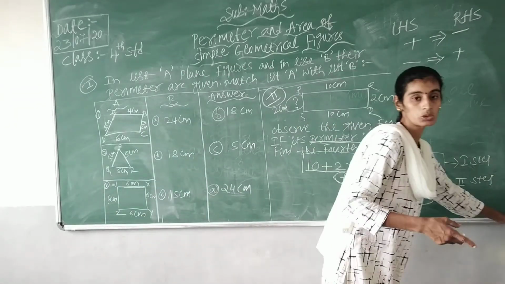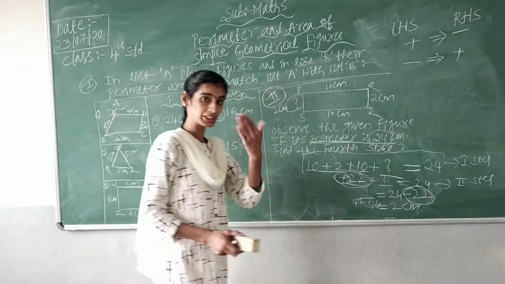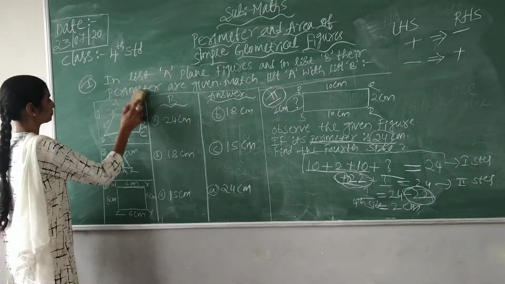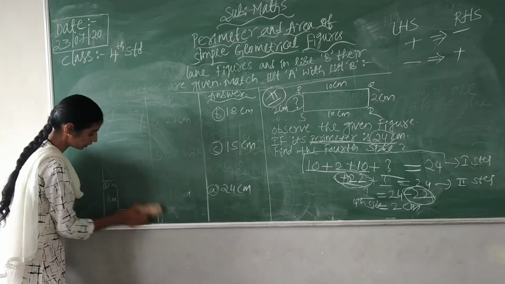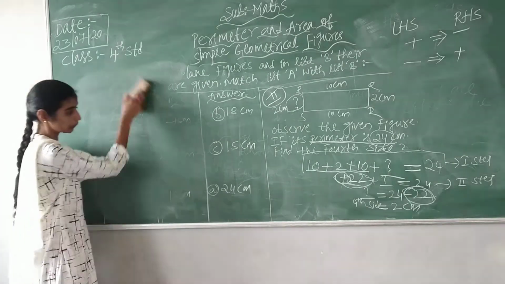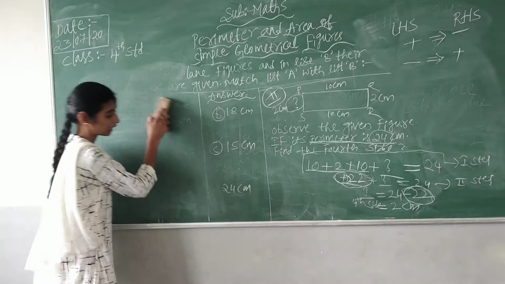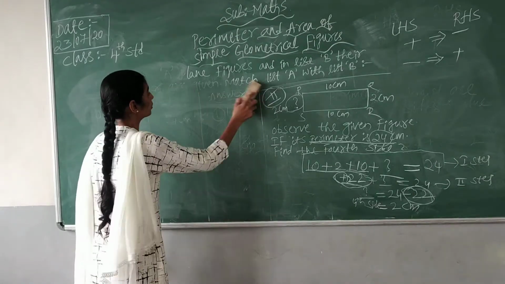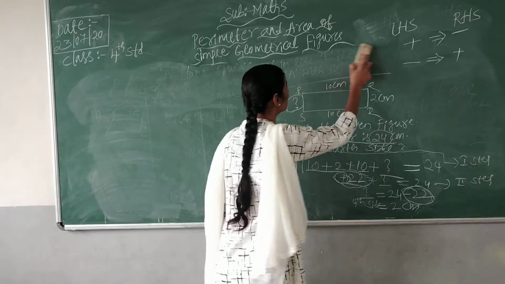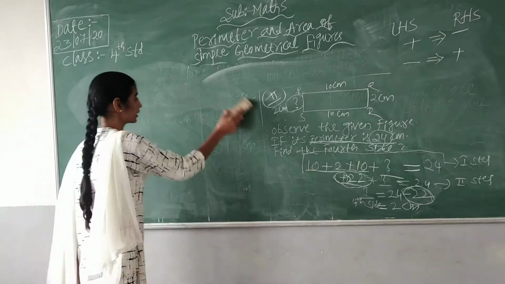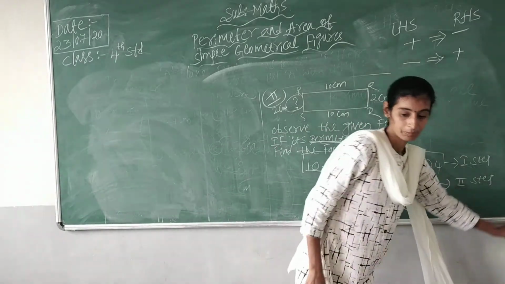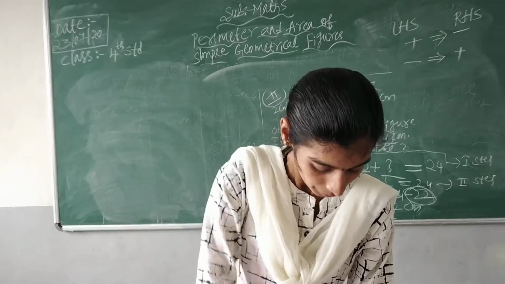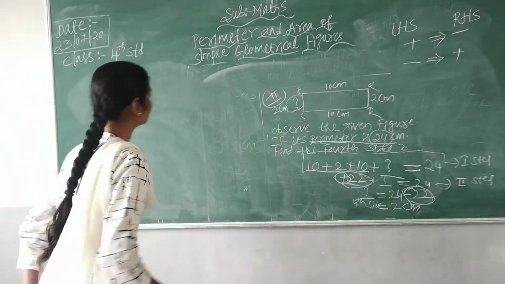So I am going to solve one more question, children. Please try to understand. I hope at least a little bit you have all understood it. At once you are not going to get it. You have to practice more and more. You need to practice more and more to get perfect. Got it, children? So we will see one more example.